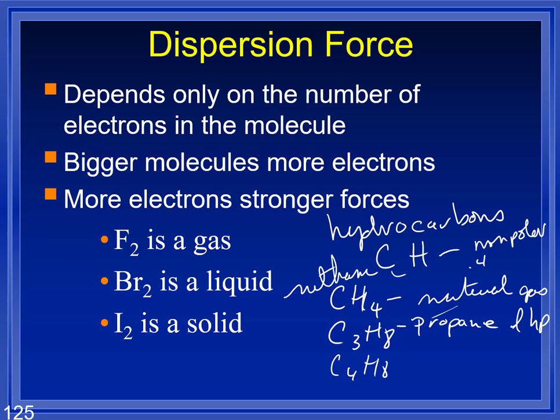Why does this stick together better? It sticks together better because it's got 24 and 8, 32 electrons to it, versus 18 and 8. That makes a difference. When I get to C5H12, C5H12 is a liquid. So by the time I get to C5H12, it's big enough it's going to stick together and stay a liquid